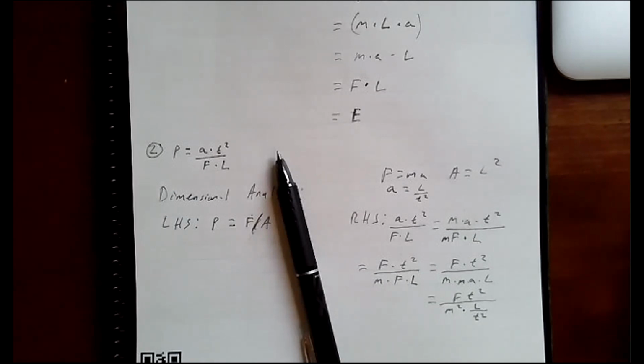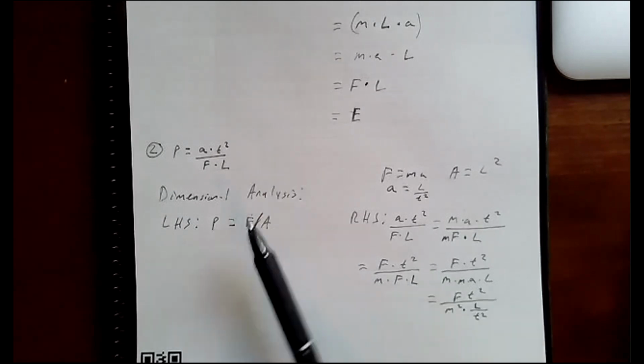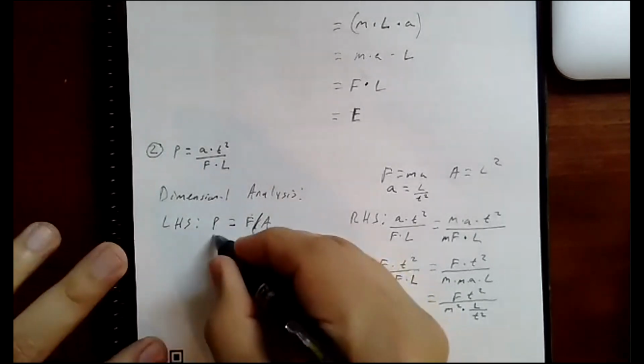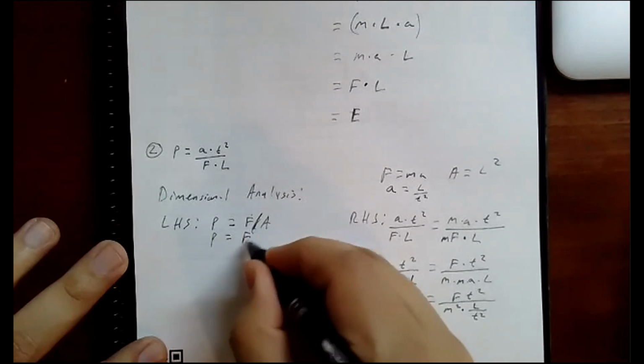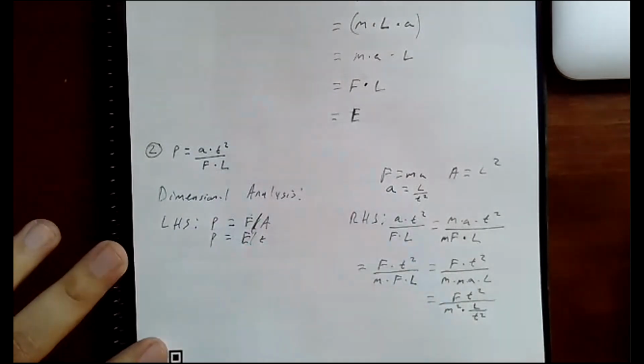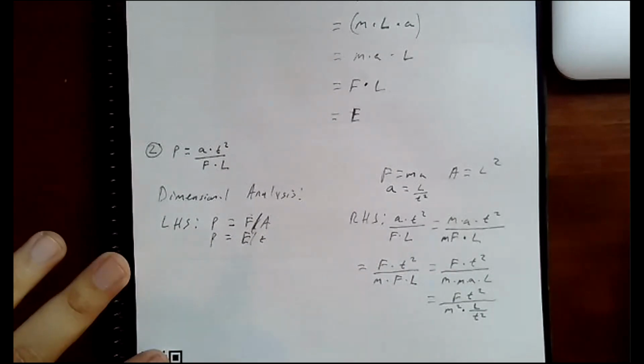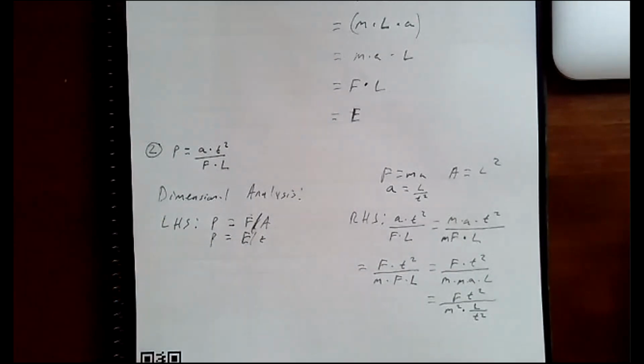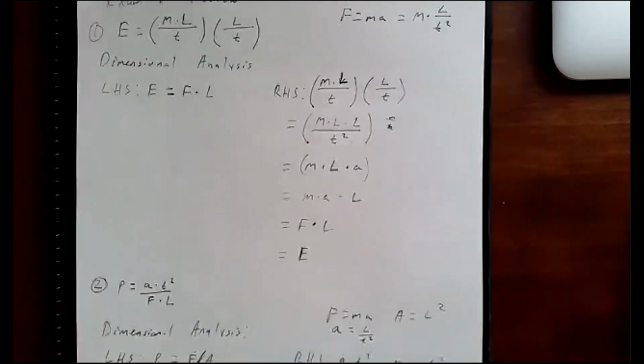So because it's capital P, this is capital P. This would be E over T. And E is F times L. Yeah, I'll let it go. Sorry. I really want to keep doing it all day long, but